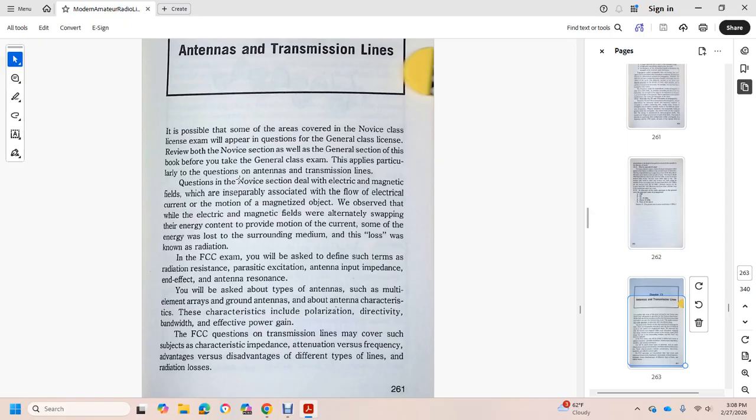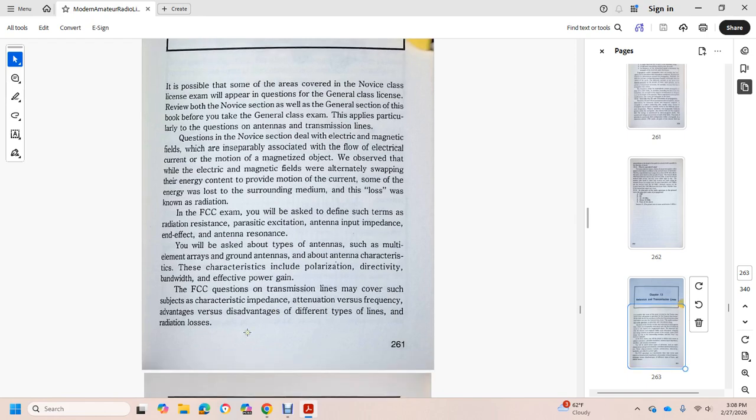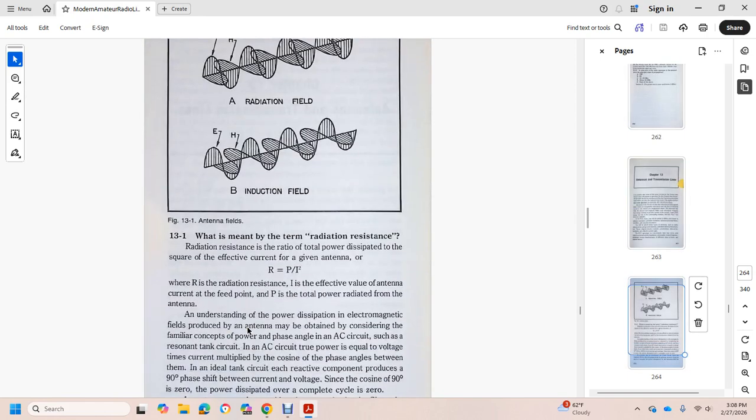Transmission lines also cover subjects such as characteristic impedance, attenuation versus frequency, and the advantages and disadvantages of different types of lines, including radiation losses. What is meant by the term